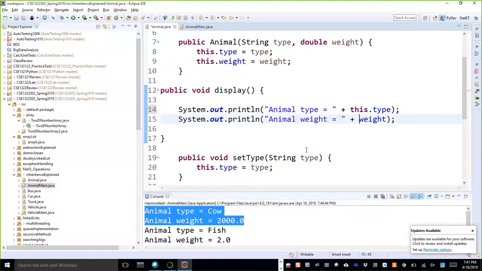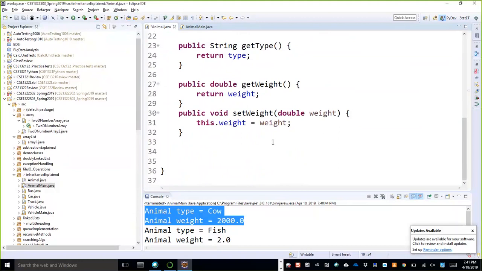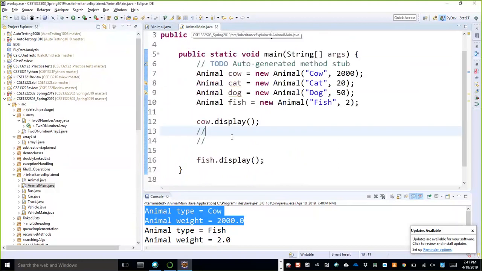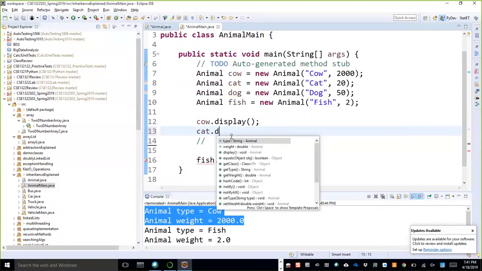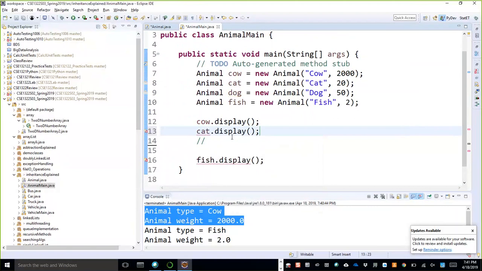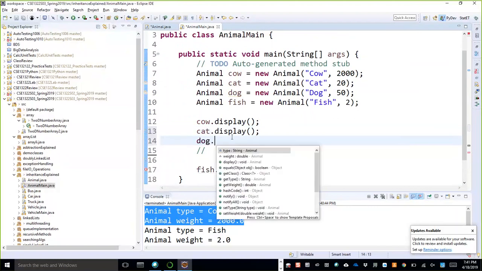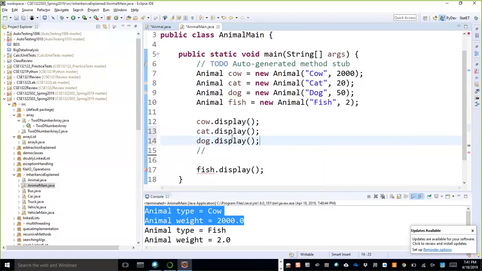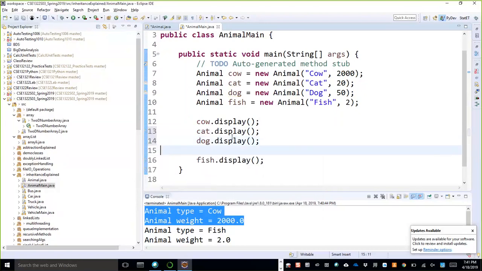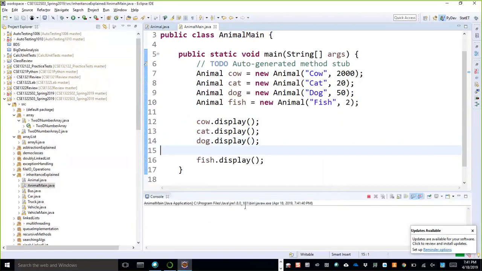Then let us add cat display and dog display.